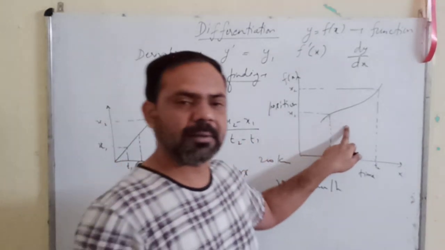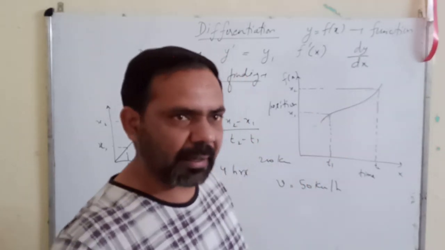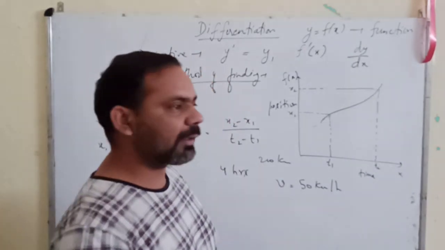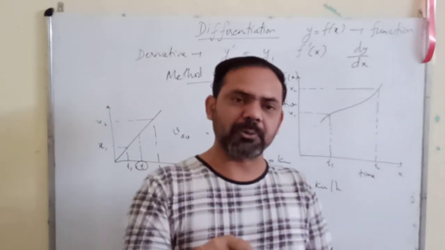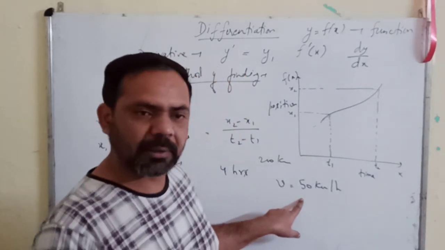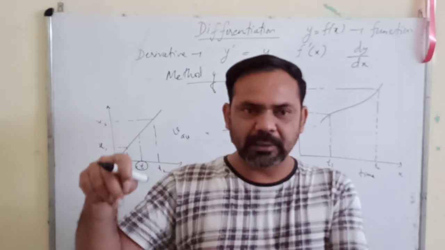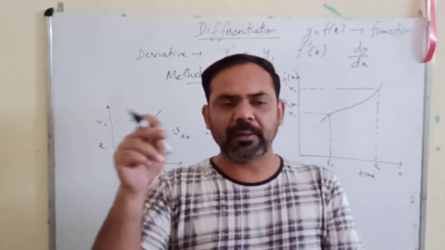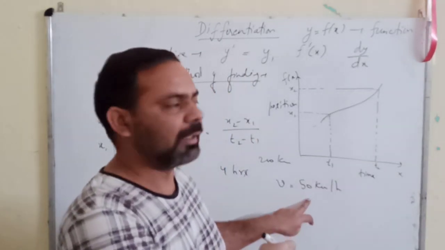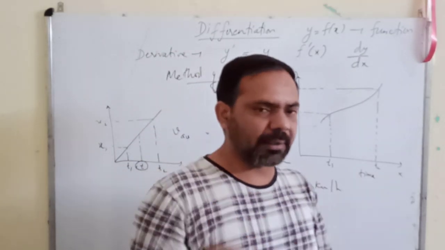But here you cannot say like this. Here you cannot say that the instantaneous velocity, the velocity at any time, was the same as 50 km per hour, because it will depend on the time. If the point of time you are choosing is when the car was on the highway, that velocity would have been more than 50 km per hour. And if the point of time you are choosing is when the car was inside a congested city, then the velocity would have been less than 50 km per hour. So in such a case, it is important to calculate the instantaneous velocity.